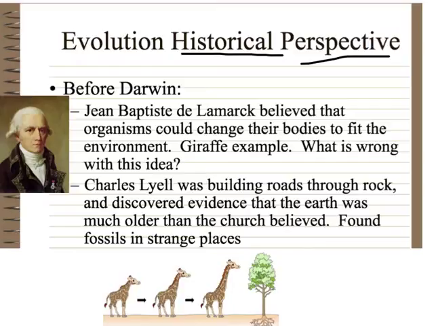So before Darwin, one of the examples of somebody coming up with an idea about how species changed over time came from Jean-Baptiste de Lamarck. Okay, that's this guy right over here. That's his picture. He used an example that you're seeing down here at the bottom, the giraffe example, and he